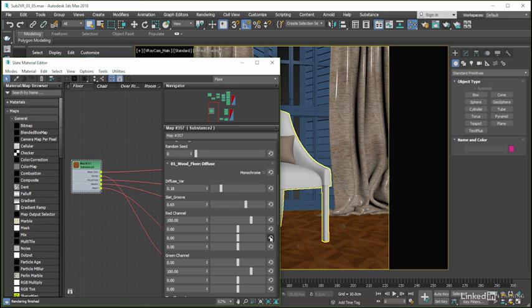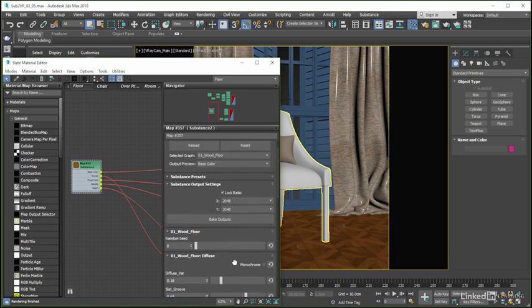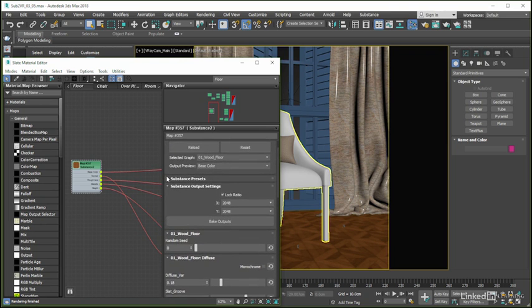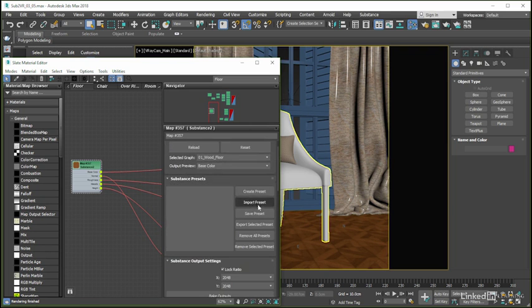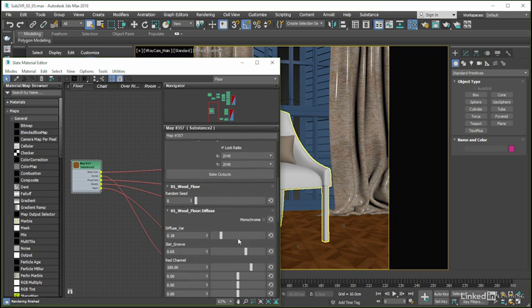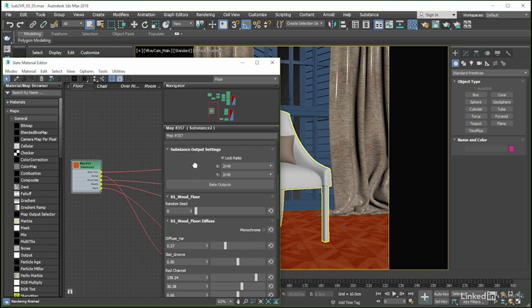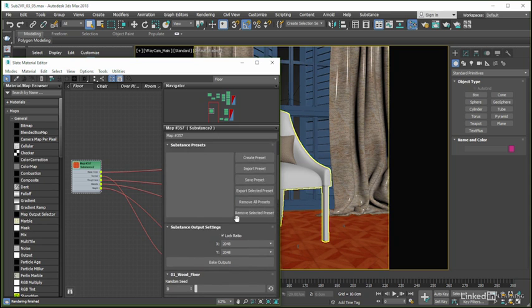In fact, on the theme of variation, one way in which we could make good use of this reset functionality would be in connection with creating presets, which is another option that we have available in the Substance to 3ds Max plugin, found, strangely enough, in the Substance Presets rollout, with the controls being fairly obvious from their button titles. Again, let's tweak some of the settings that we have here. And then, should we decide that we may want to use this particular configuration again at some point, we can just hit the Create Preset button, give the preset a name,